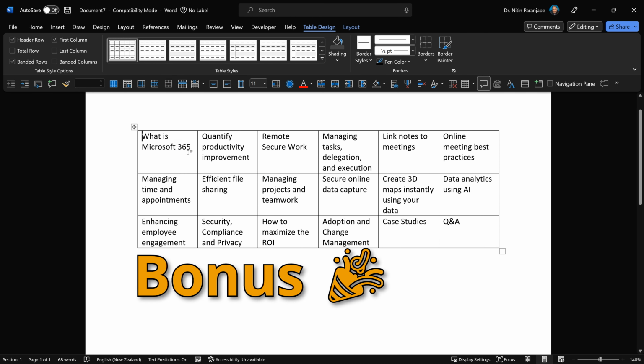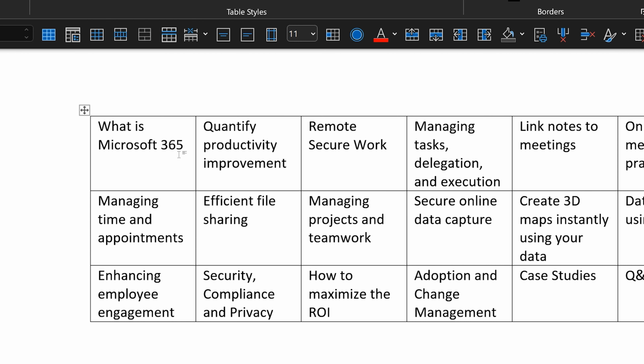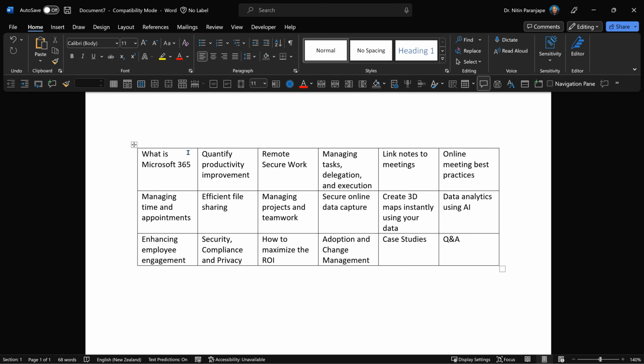Suppose this was a part of Word itself and I put the table right in the beginning. There's no place to write anything on top. Don't cut paste it. Go to the first place in the table. That means first row, first column, first position. And now press enter. And now it adds a place for you to write above and the table moves obediently down. That's a brilliant feature to have.